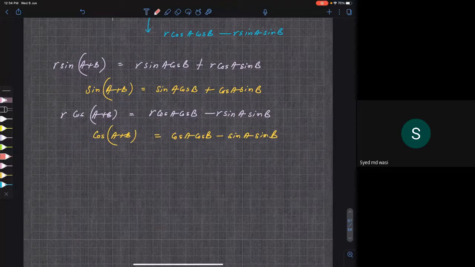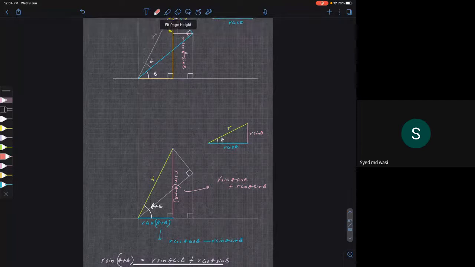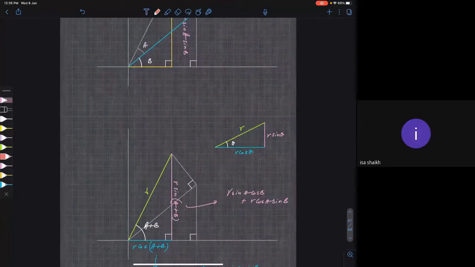Now the thing is, see, these two are basic formulae from which we'll derive several other formulae. Don't worry if you found this very complicated. If you draw it by yourself, it will be very easy for you. You are getting my point? So you just draw this diagram, take a scale, draw a diagram properly, and you mention each and every side and you find it out. It will be easy for you.